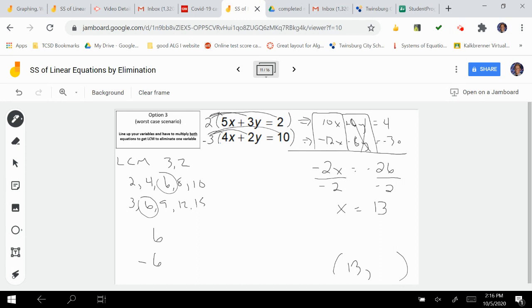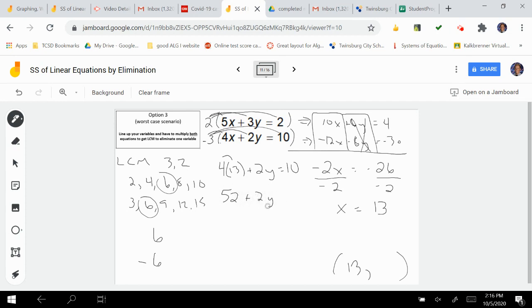So now I'm going to pick the ones with the smallest numbers. I'm going to pick 4x plus 2y equals 10, and I'm going to plug in my answer to that one, all right? So to get y, I'm going to plug in to that second equation. What is 4 times 13? Let me get my calculator out because I don't know that off the top of my head. That is 52